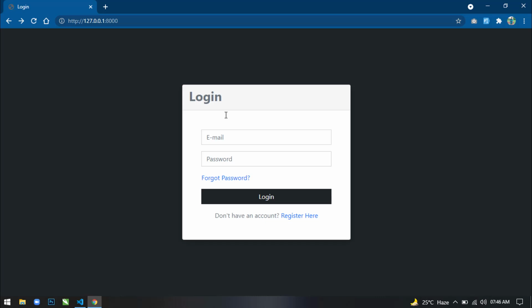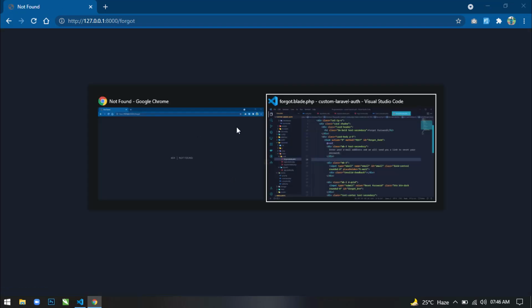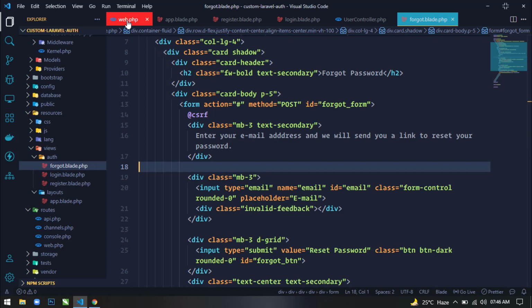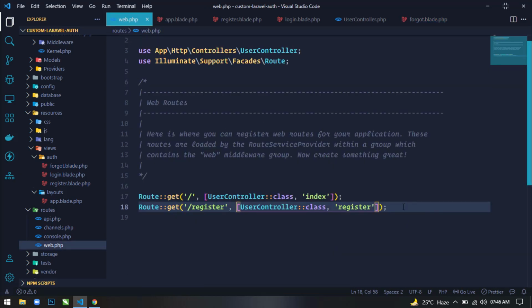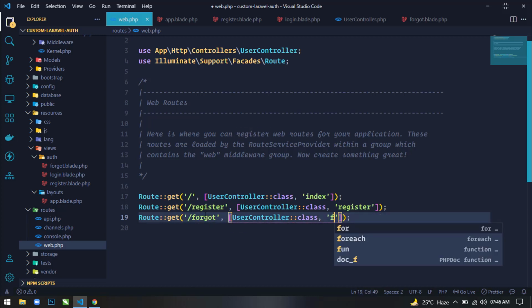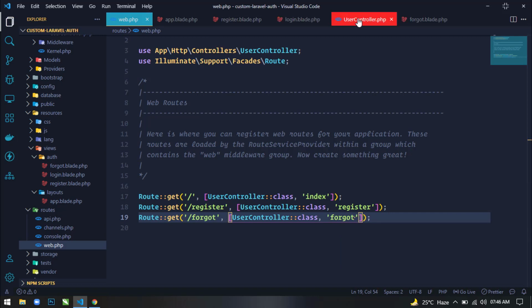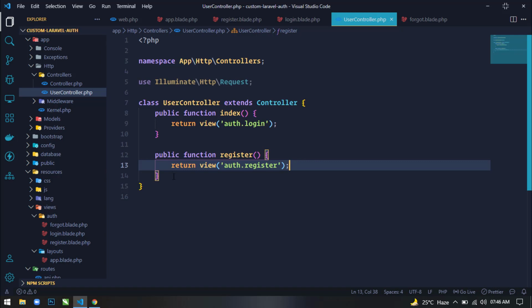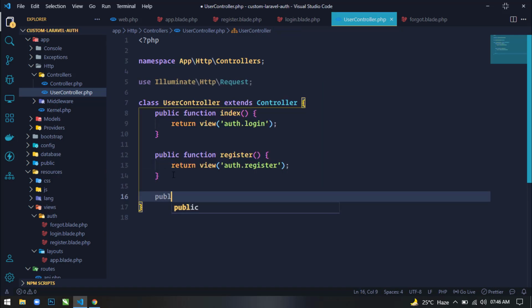save, and if you go to the login page, refresh, and now if you click on this forgot password link, then again this will not work because we have not created the route. So just go to web.php file, and here just duplicate this, and just here write forgot, and here also just write forgot. Okay, now just go to user controllers.php file, and here define a new method,